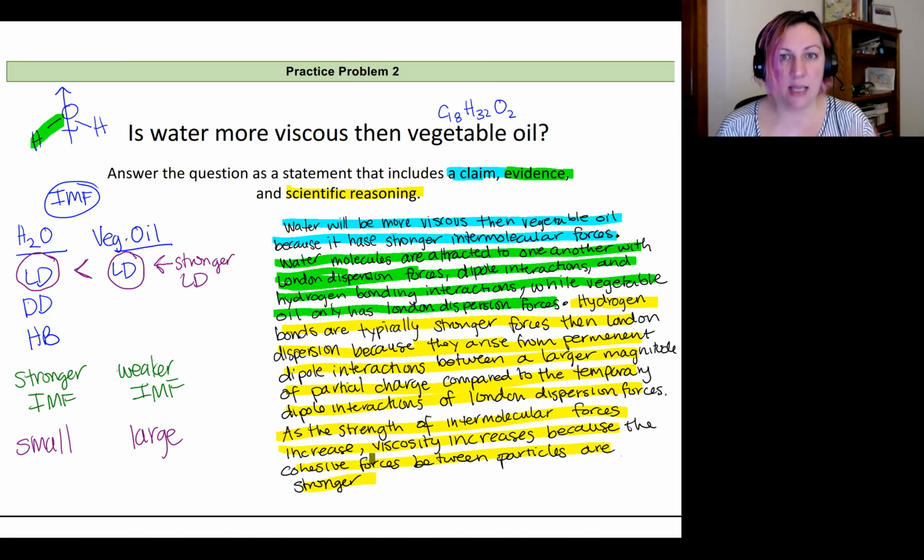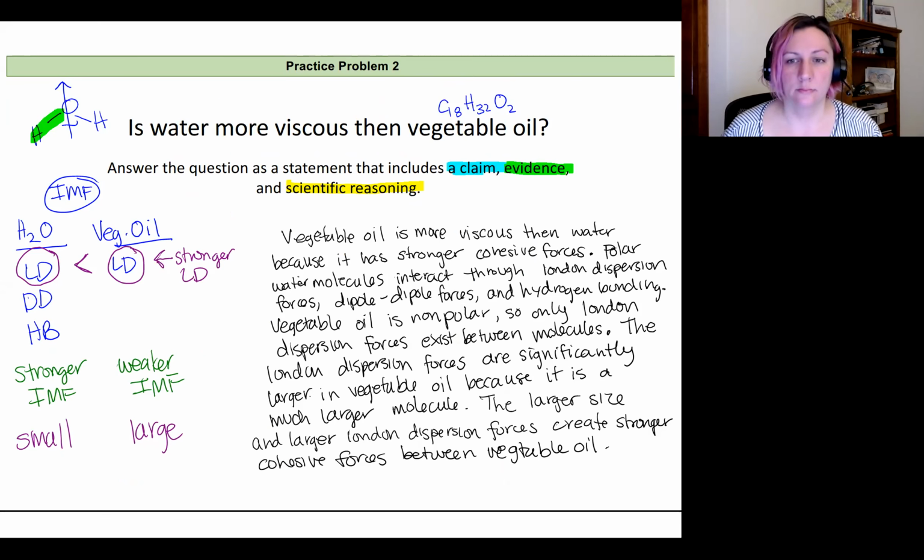Now let's take the argument with a different opinion. Let's look at vegetable oil as being more viscous than water and see how we could write that. All right, I've written now a second statement that makes the argument that vegetable oil is more viscous than water because it has stronger cohesive forces. Polar water molecules interact through London dispersion forces, dipole forces, and hydrogen bonding. Vegetable oil is nonpolar, so only London dispersion forces exist between the